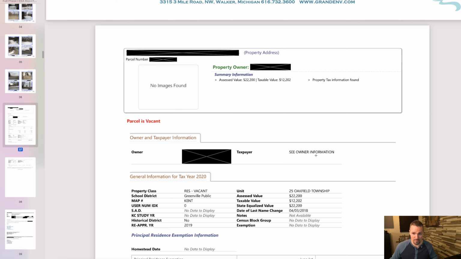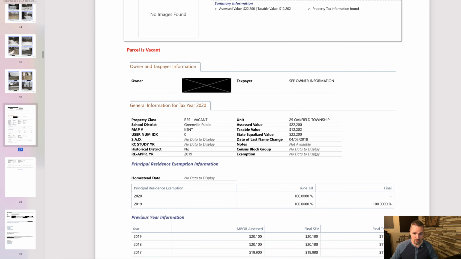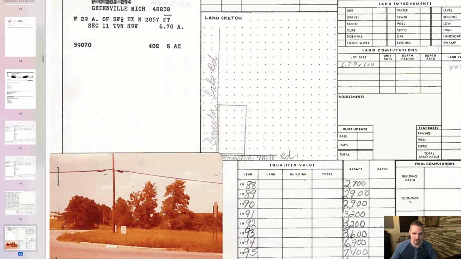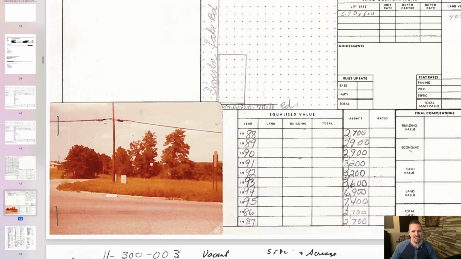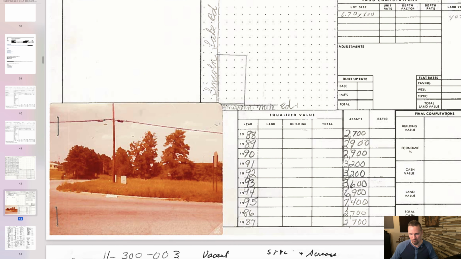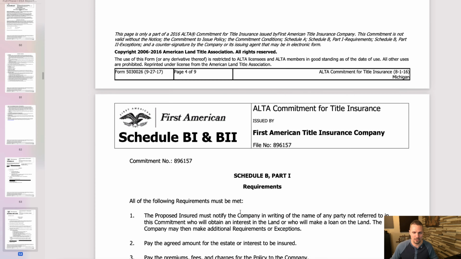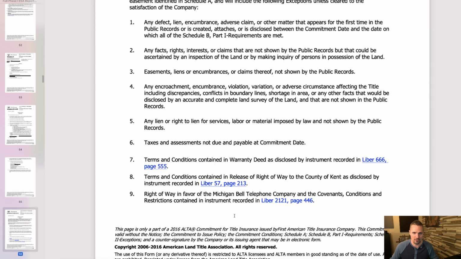And then a lot of information was pulled from the public records. So it's showing the actual information that they pulled, and a lot of emails and requests that went out to different government officials and what they were given back. It's kind of interesting, actually. You can see some really old pictures in some of these reports. And then here we've got the preliminary title report that they used to look at the title history. So that's included here as well.